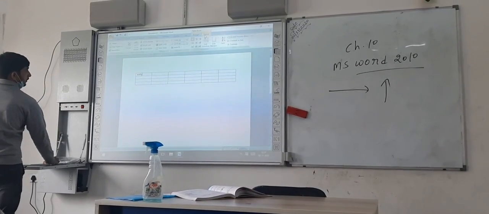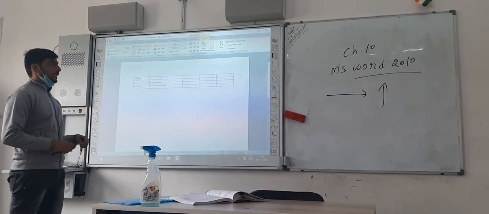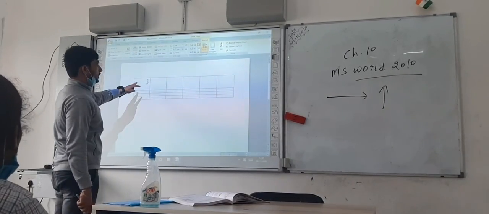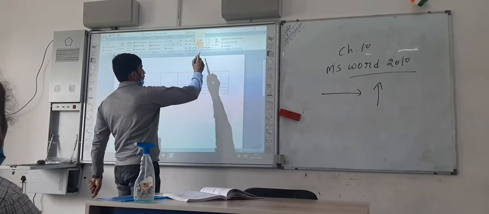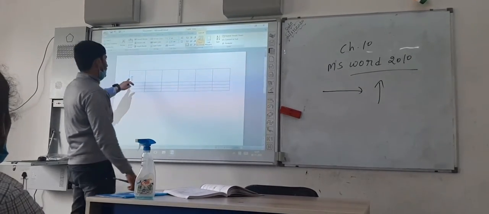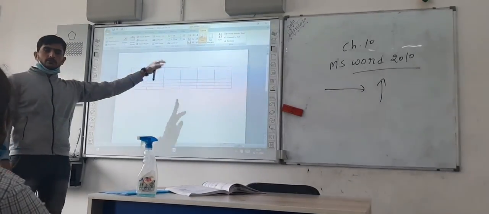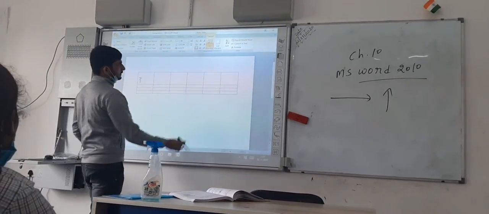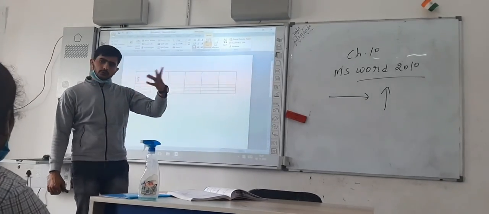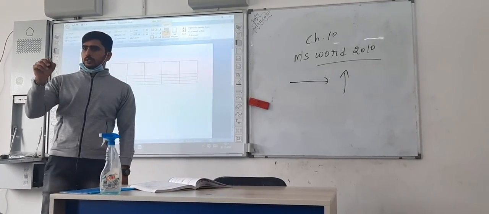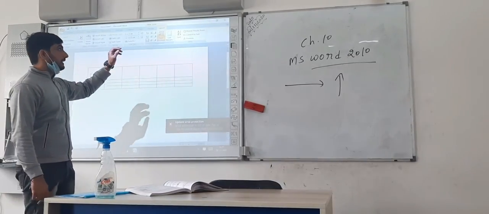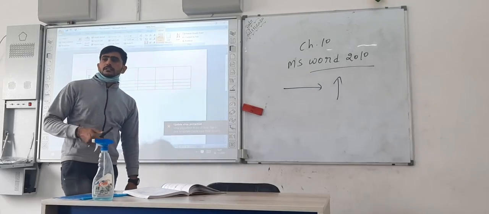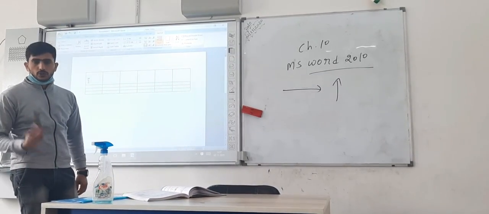First we have to click on Layout, and here you will see the option Text Direction. If you click on it, you will see your text direction change. The same goes for the others: we select our table, then click on Text Direction, and you will see our text change to the direction we want.